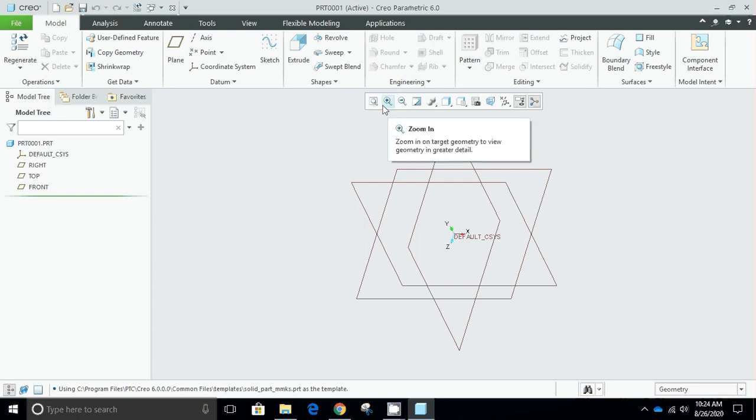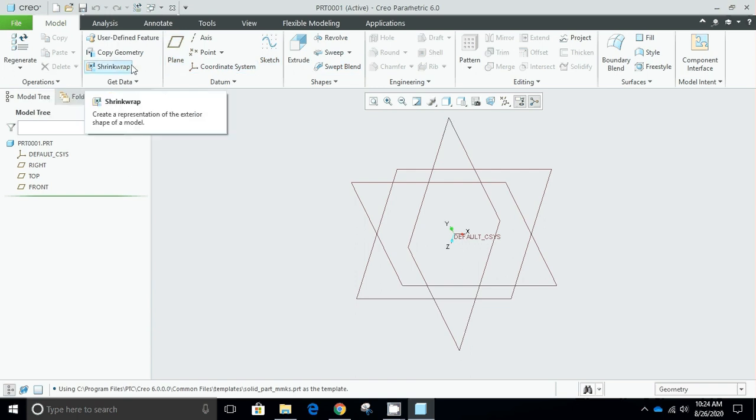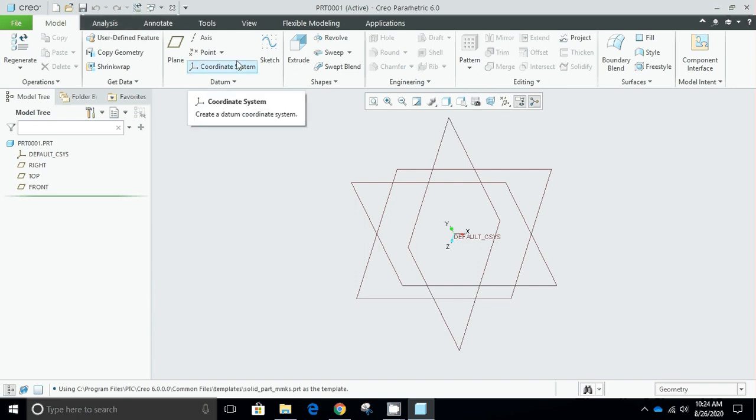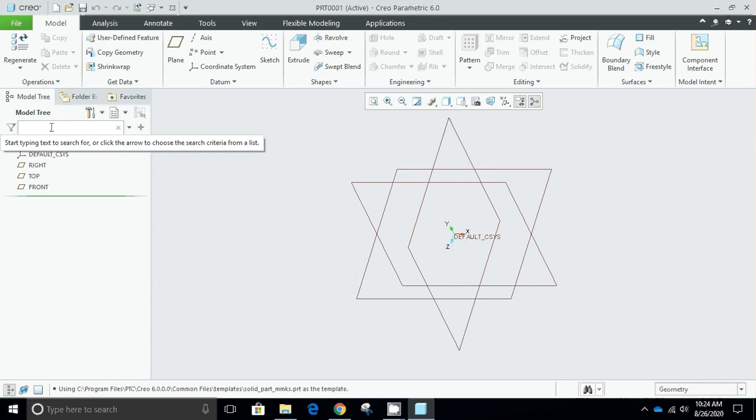And over this toolbar you can see there is a ribbon in which there are different groups like operations group, get data group, datum group, shapes, engineering, editing, surfaces, etc. And on top of that there are different tabs like model tab, analysis tab, annotate tab, and there is a model tree here